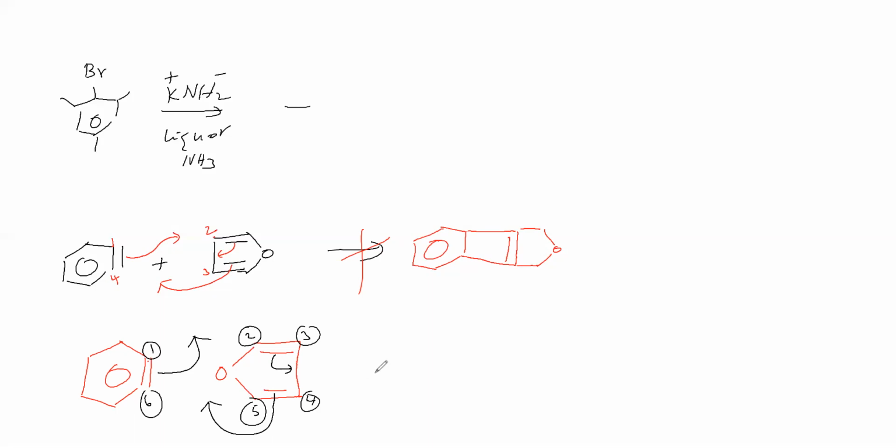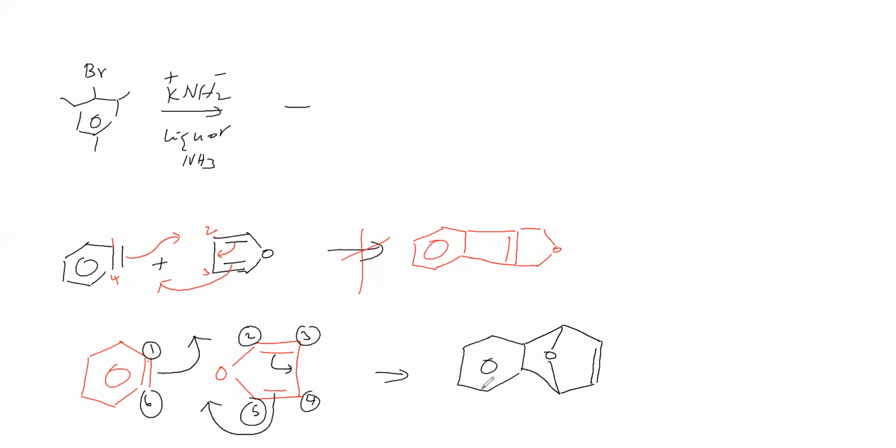Therefore, what we will get, we will see. This benzene ring we will write. Okay. This number 1 is making a sigma bond with the number 2. Number 2 is making a sigma bond with the number 3. Between number 3 and number 4, one pi bond is there. Between 4 and 5, sigma bond. 5 and 6, sigma bond. Between these, an ether linkage is there. So we will get it like this.